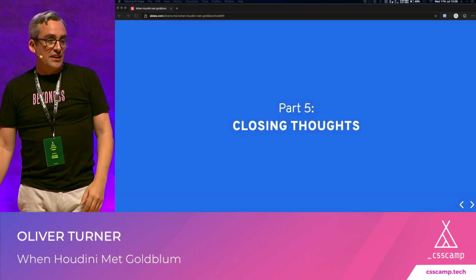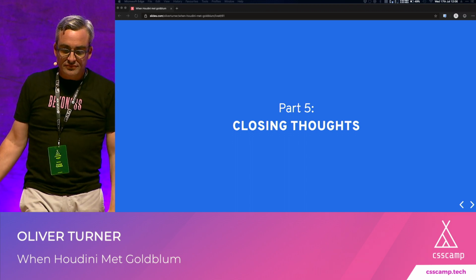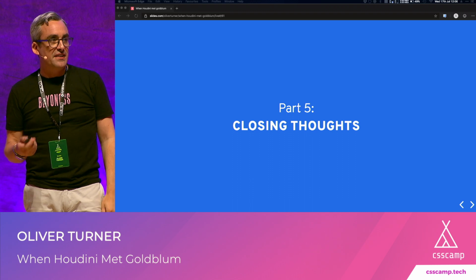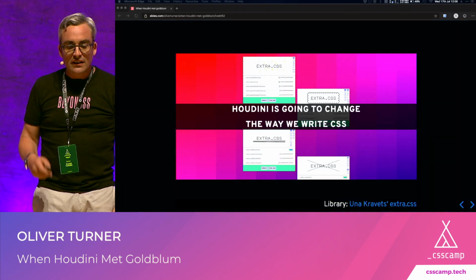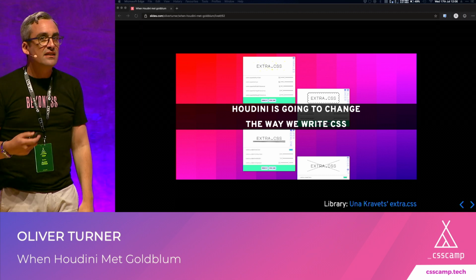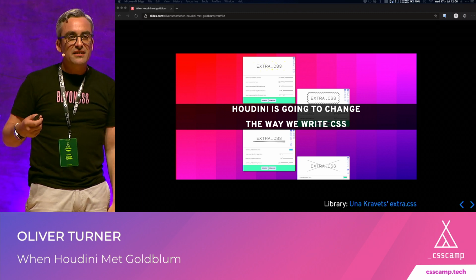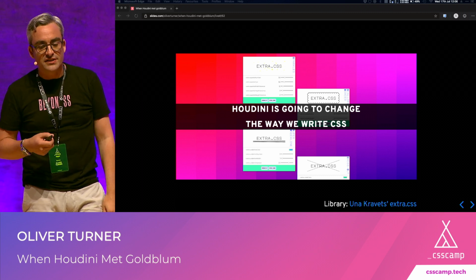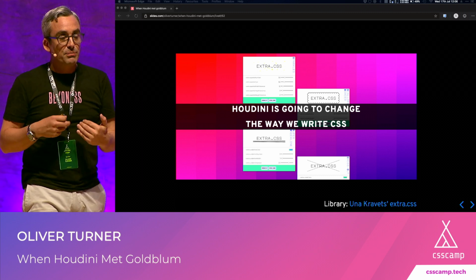So I have some closing thoughts. I think Houdini is important for a bunch of reasons that are outside of the specifics of the API. It's going to give us shareable, reusable drop-in code. As we've seen, the CSS syntax is relatively unchanged. We're going to be defining backgrounds. We're going to be defining borders. But we're going to be able to pull in